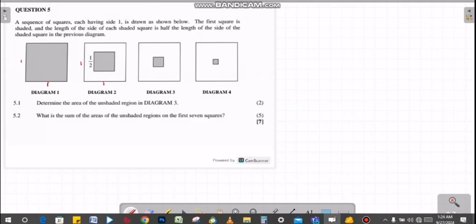The first square is shaded, the whole square is shaded, and the length of the side of each shaded square is half the length of the side of the shaded square in the previous diagram. So it was 1, then it's half. What is half of half? Is 1/4. Half of 1/4, 1/8, and so on. Okay, so 5.1